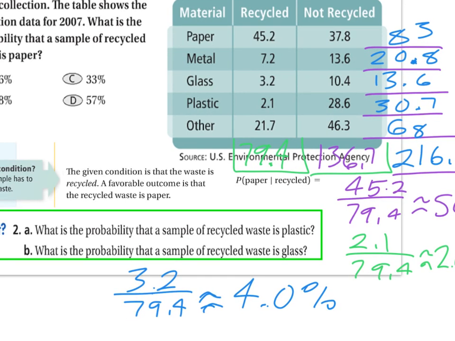So in this case, based on the questions that they ask, I did find a lot of numbers that I did not end up using. However, sometimes that might just be easier than waiting to see and finding out just those numbers that you need. Although in this case, maybe it wouldn't have been so bad just knowing that the condition was always recycled waste. So,